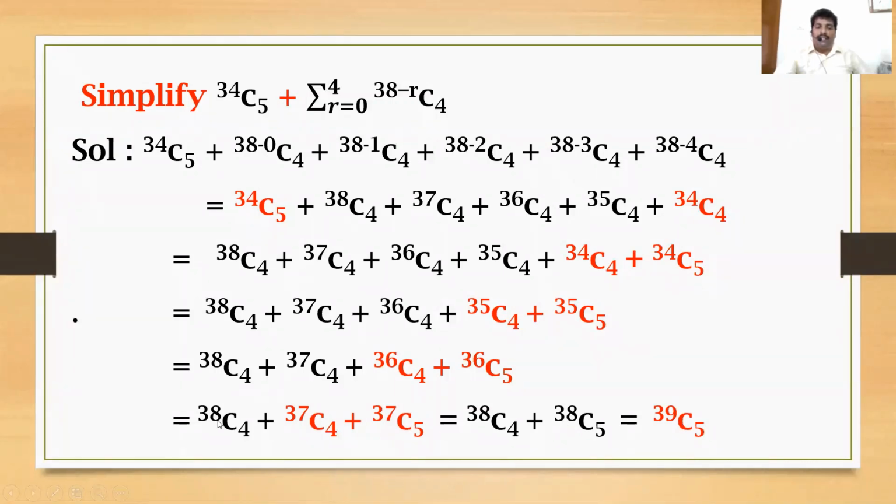Now the first term here is 38C4. So 38C4 + 38C5 is equal to, again by the same formula nCr + nC(r−1): here the n value 38 is the same, the r value is 5 and the r − 1 value is 4. So that is 39C5. nCr + nC(r−1) = (n+1)Cr, 38 + 1, that is 39C5, r value 5. So in this way we can simplify this question.